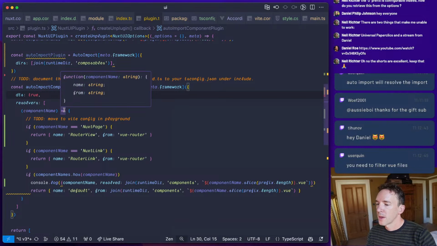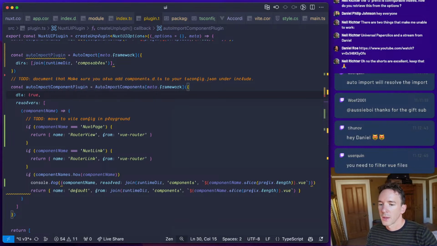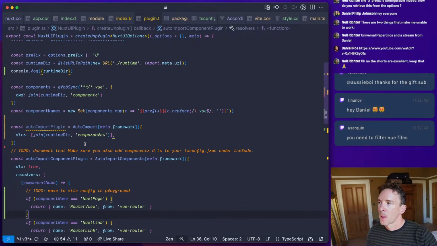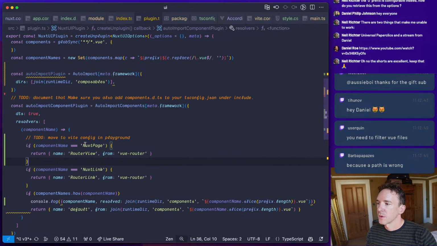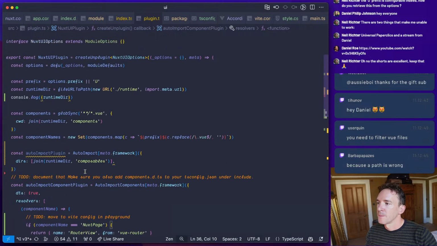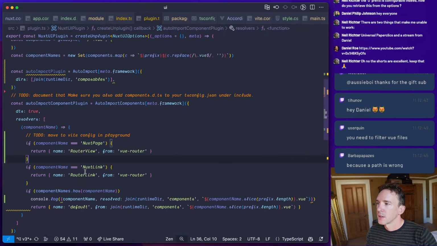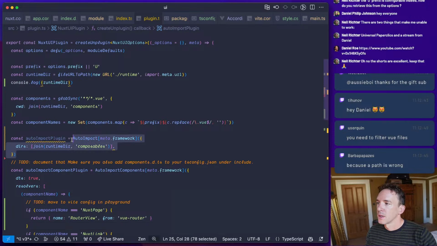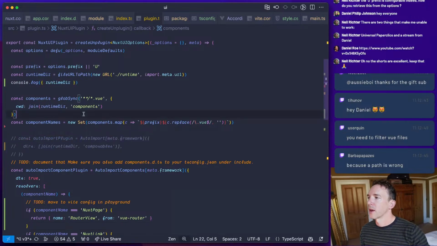So I want this to be purely runtime. It must be a path is wrong. Yeah, you're right. That must be the case. But drop auto import plugin again. Okay.